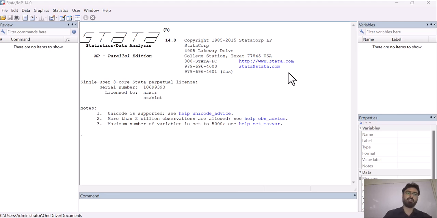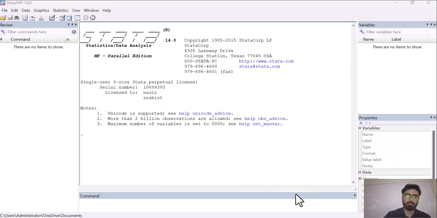So in today's lecture, we are interested to see that if a variable is not stationary at level, how we can convert it into stationary by taking its first difference. First we will see how we can convert any variable into its first difference by using a Stata command, and then we will do the same procedure in an Excel file.